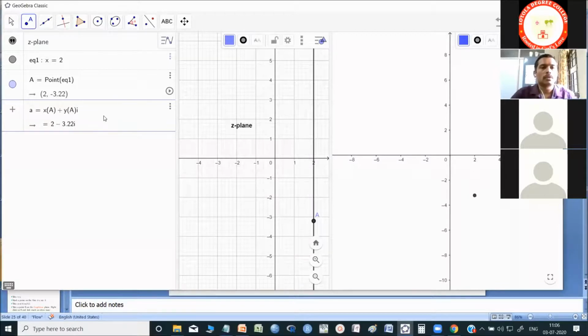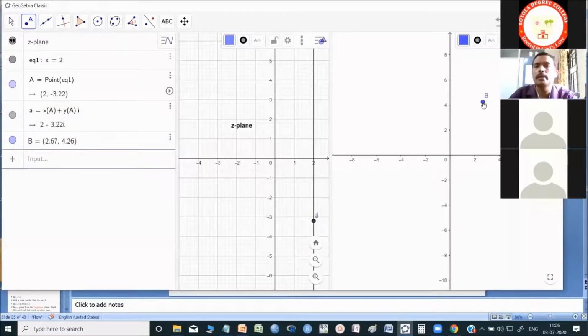Right. Now, the point A is in the Z plane, on the line x equal to 2. I have to show its effect on the W plane. For that, I have to choose a point on the W plane. I'll go to the point option and choose a point, say B, on the W plane, the other plane. When I choose a point B on the W plane, I want to see its trace, so I will use the show trace option.